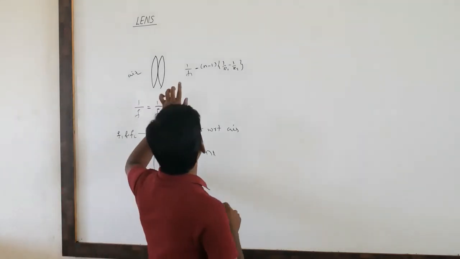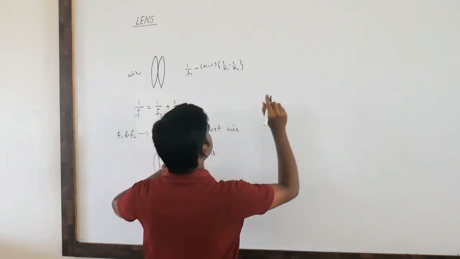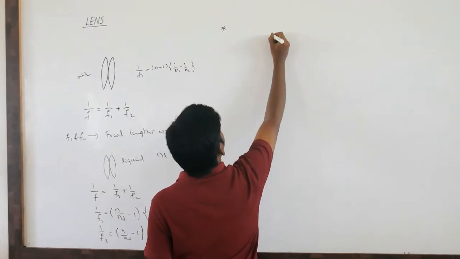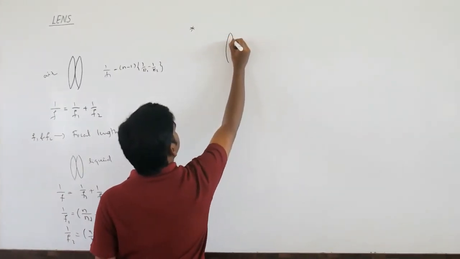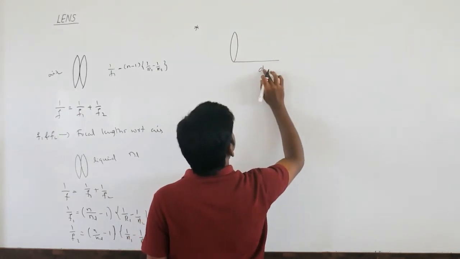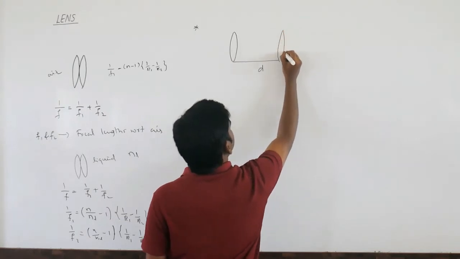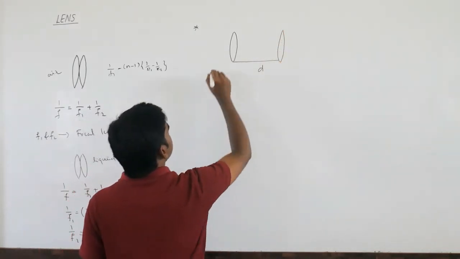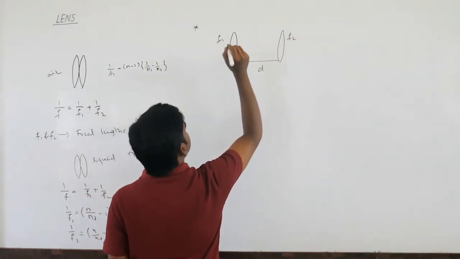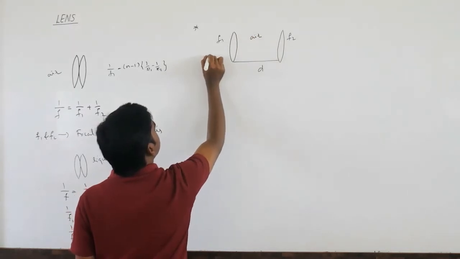Suppose this combination is a little away from each other. These two lenses are a little away from each other. So the first case, I will take it as, suppose one lens is here, and at some distance, say d, another lens is going to be there. So here I will put another convex lens. This is having focal length f1 and this is having focal length f2. Again the surrounding and in between, here also it is air and here also it is air.